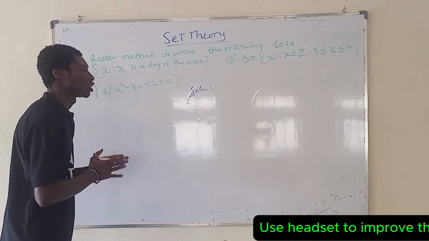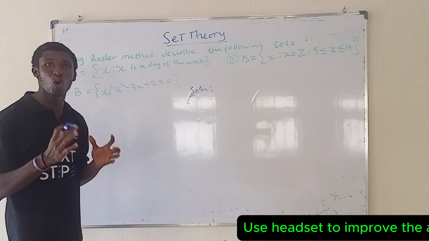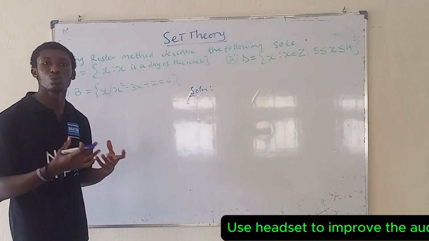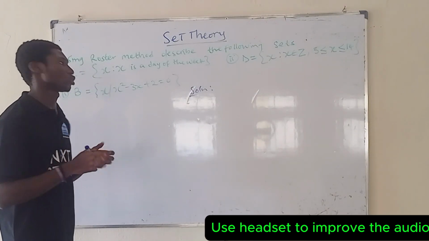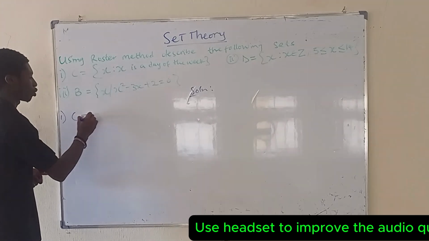Therefore, the other members will be days of the week, because sets must be well defined, so we can determine whether an element belongs to that set or not. So therefore, the answer to this will be C equal to